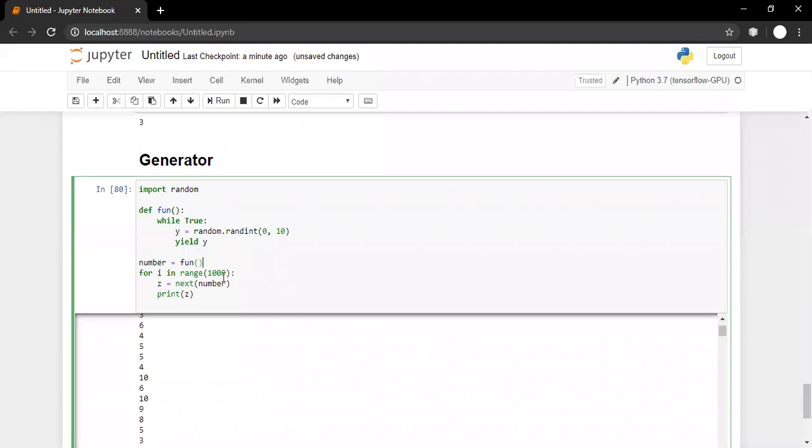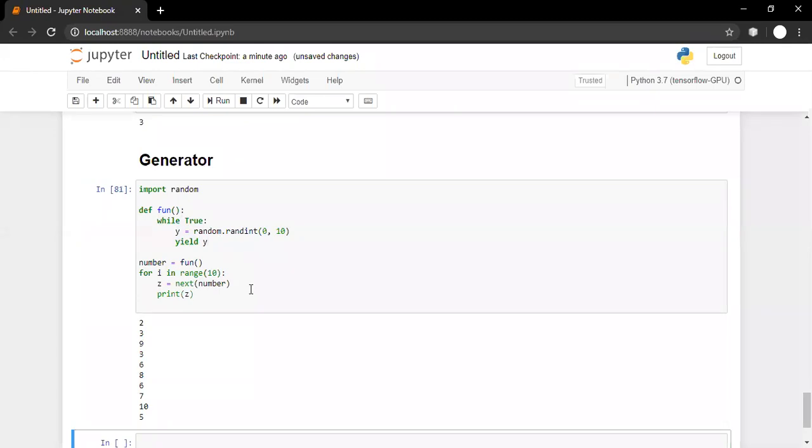Here, I just wanted to tell you that you can call it infinite number of times because our while loop is infinite over here. Here it will call it only 10 times. Aditi, I hope I understood your question correctly. Thank you, Aditi.